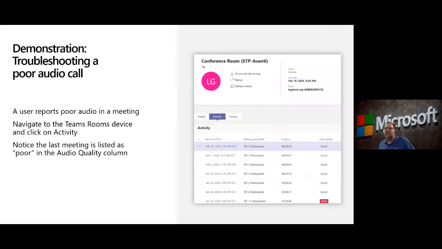So there's more we can do with Admin Center. We can troubleshoot a call. So user reports that there was poor audio in a meeting. So in this example, we're going to drill into this conference room in STP Avanti. And if you look at the bottom right, you see audio quality poor. So in that meeting, there was poor audio quality. So we'll click on that meeting,